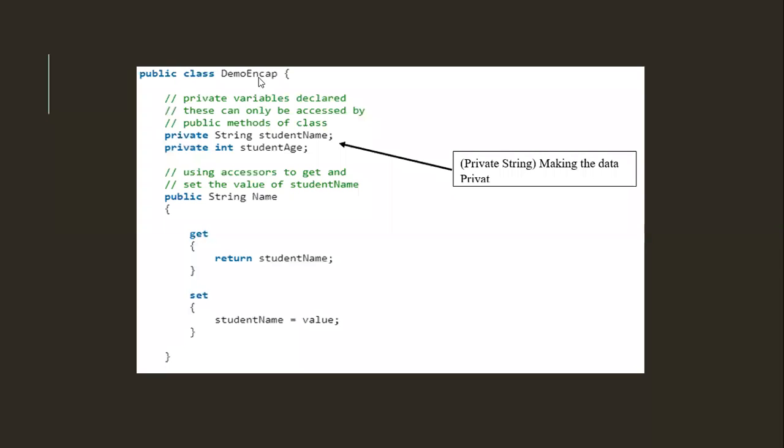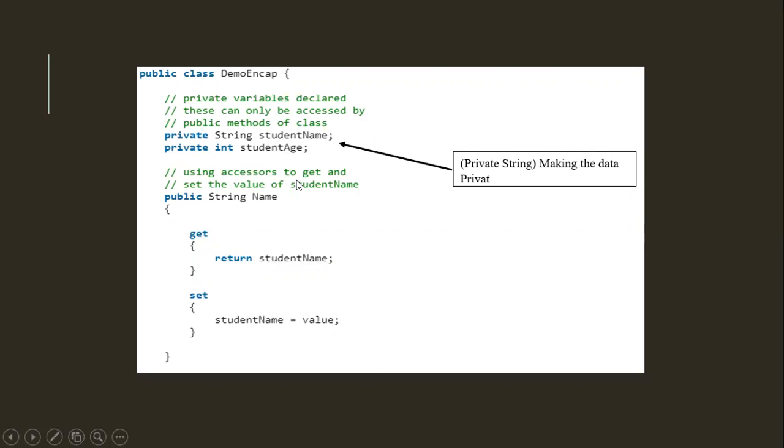Then suppose there is a class called DemoEncapsulation, and suppose there is another public class called Demo1. Since we gave private, this variable cannot be accessed from anywhere else. From the Demo1 class we can't access this because it has been restricted from this class to the other. We cannot access this value from another class. Student age is like that. If it is public, then from everyone, even other public classes, we can access this.